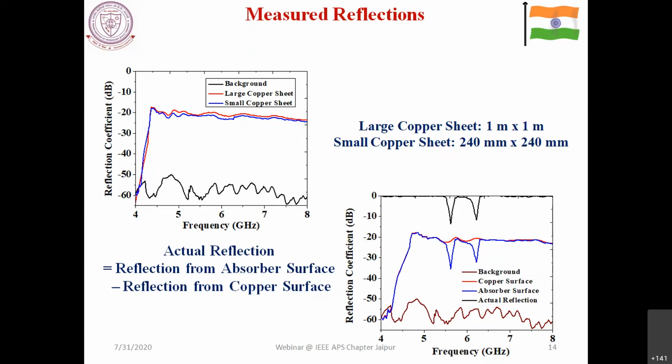Now, if you are taking a smaller structure, right? What I can show you is, suppose you take a structure like this one, with 1 meter by 1 meter. You are sure that everything is coming back from here. Now, if you take a structure with a smaller dimension like this, and you measure the same thing, what is the reflection from this particular metal?